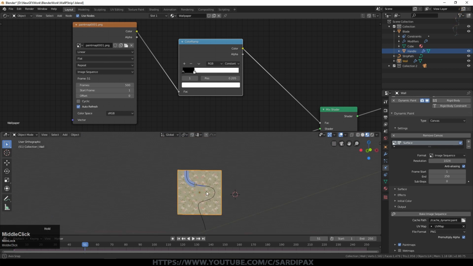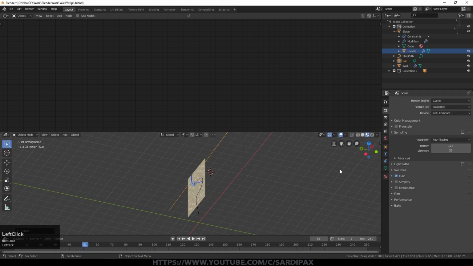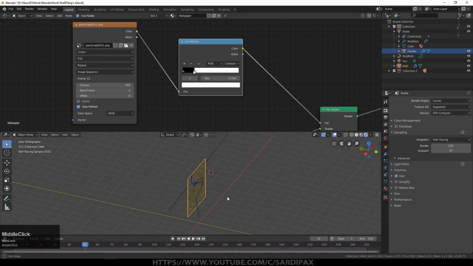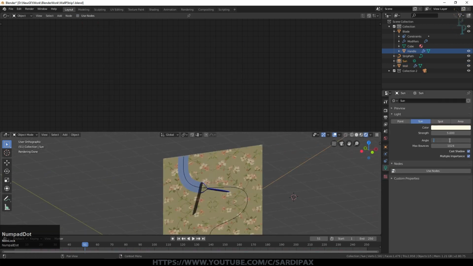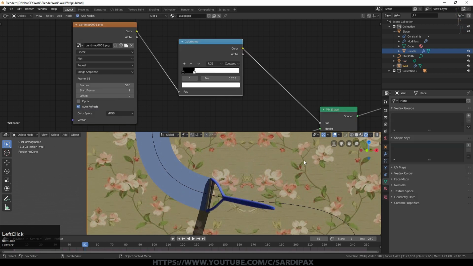At this point I'm just going to add a lamp or light, which is a sunlight. And I'm just going to go to Cycles Render and set that to quite a small angle so that we can get some good shadows. So I'm just going to add a little something extra in here.